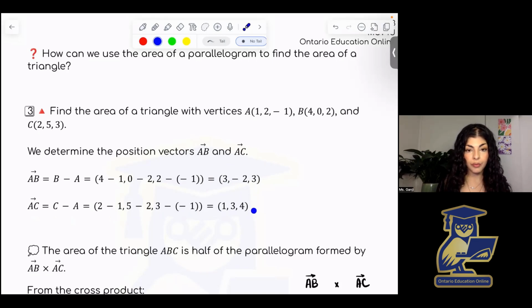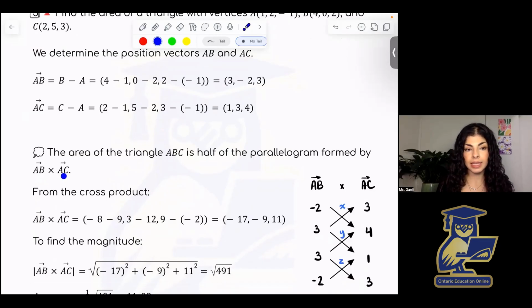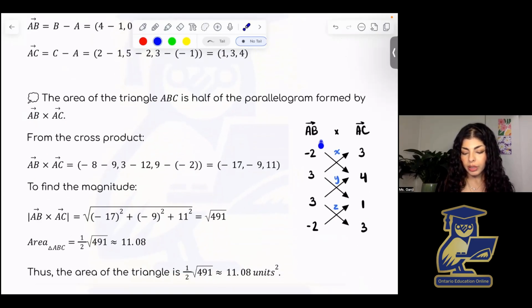So now I have my 2 vectors, and I can find the area of the parallelogram. And the parallelogram is AB and AC. So we find that cross product there. Starting with my cyclic setup, this is vector AB, this is vector AC, and we can find the cross product. So negative 2 times 4 minus 3 times 3 is going to give that negative 8